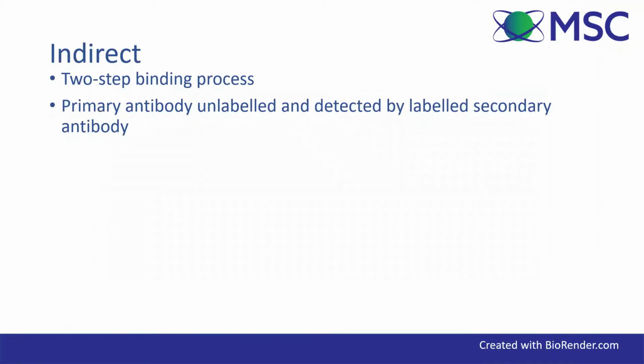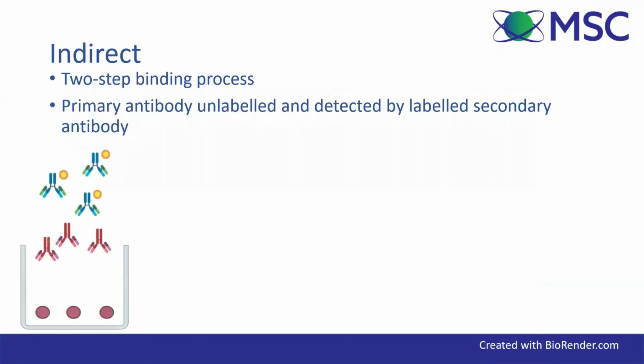So indirect, this is basically just a build-up of the direct method. This uses a two-step binding process. So this is where your primary antibody is actually unlabeled, and you are detecting the signal using a labeled secondary antibody. So it's the same as the direct version where you have your antigen coated to the bottom of the